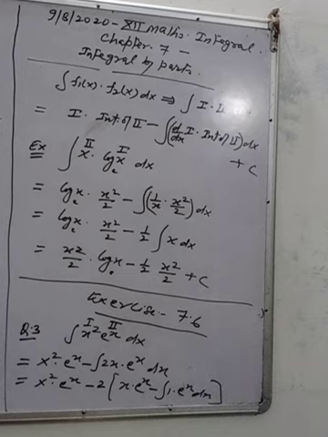When you take 2 common from the big integral, you will have x e^x, and again you will integrate by parts x e^x. So x as first and e^x as second. Apply the formula: x into integral of e^x is e^x, minus, under the big integral, derivative of x is 1 and integral of e^x is e^x. Okay.